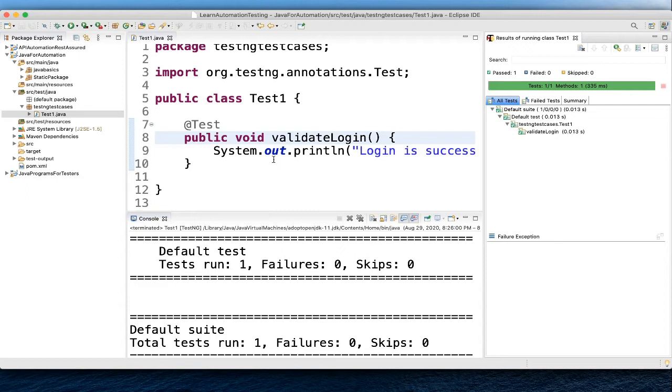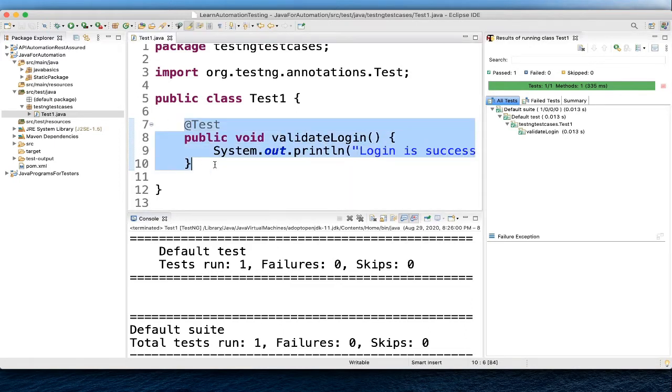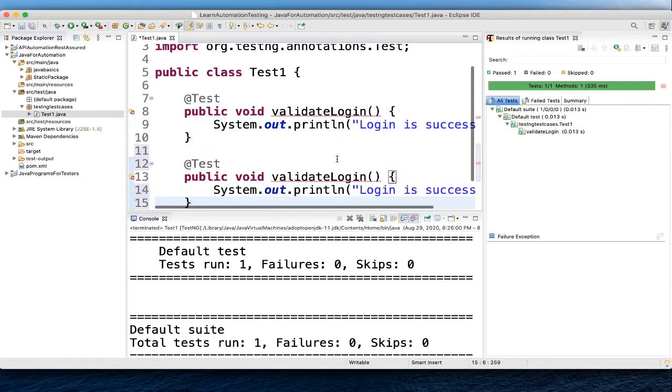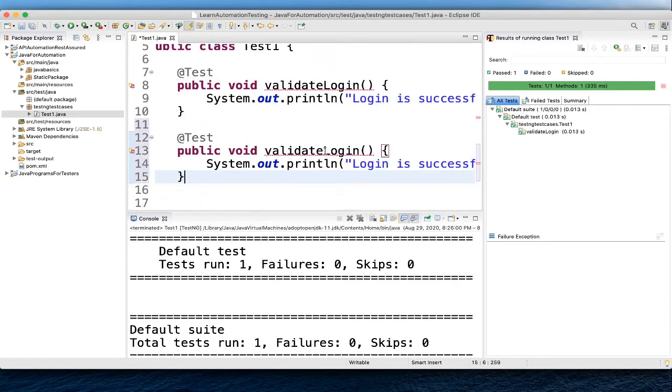Now let's add some more test cases to this file and see how it is getting executed. As of now we have only one method, validate login. Now let me add one more method and I will name it as, for example, validate page title.